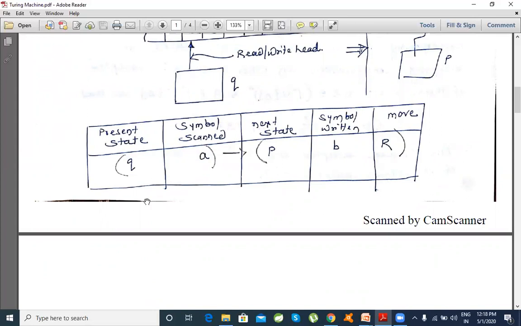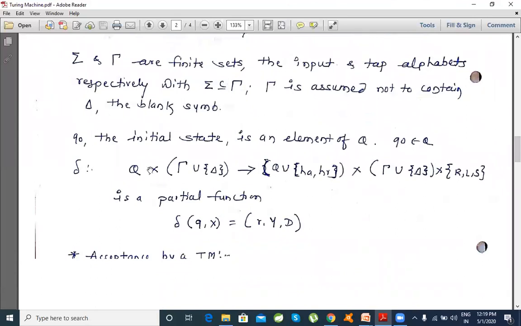So this is my Q, and what you're reading across this step would either be a valid input, which is available on my tape, that is gamma, represented as the symbol available on tape, or it can be a null symbol. With these two notations, it represents the transition into a particular state, reading either a blank symbol or a valid tape alphabet. Tape alphabets are nothing but what you give as input to your tape.